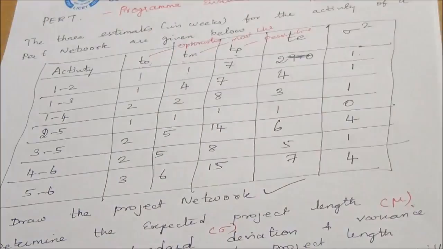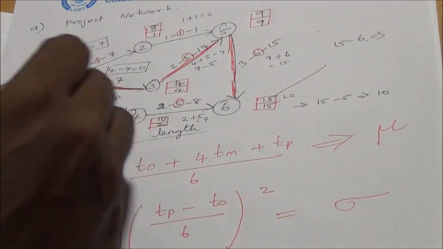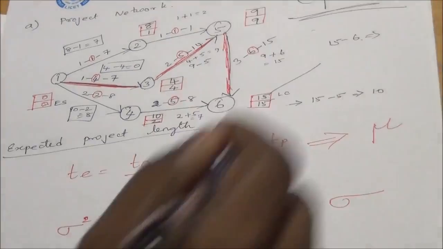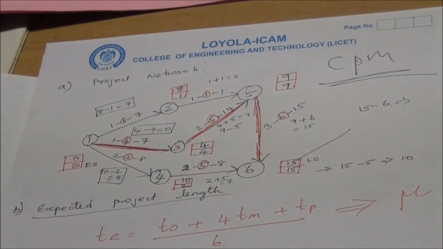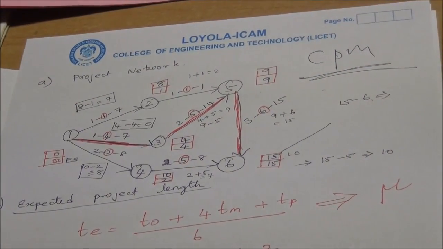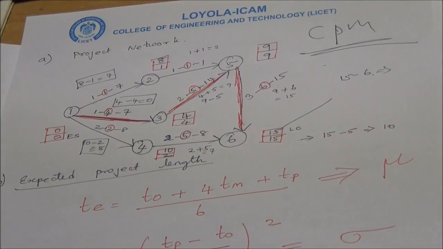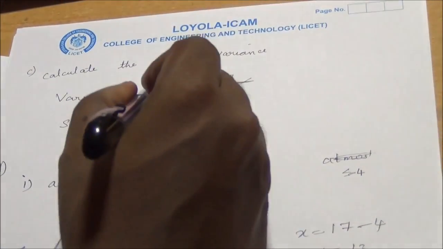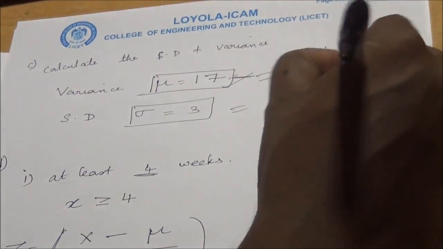First you estimate all the values, and you construct a graph, and in this network, you have to calculate the critical path by using the CPM method, and this is the formula. We can calculate the expected project length by the summation of T along this critical path, 1, 3, 3, 5 and 5, 6, it is 17, and sigma square for 1, 3, 5, 6 is equal to 9. And the standard deviation and variance can be calculated. Mu is nothing but TE, and sigma is the square root of sigma square.